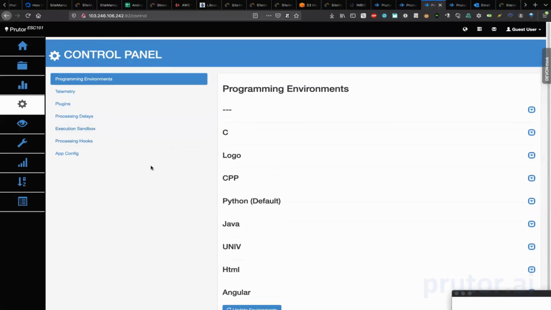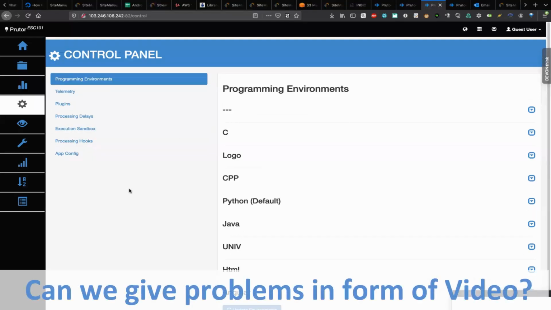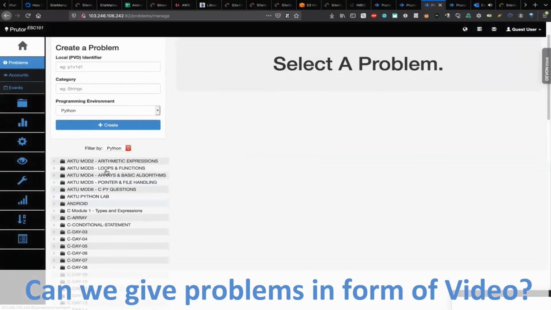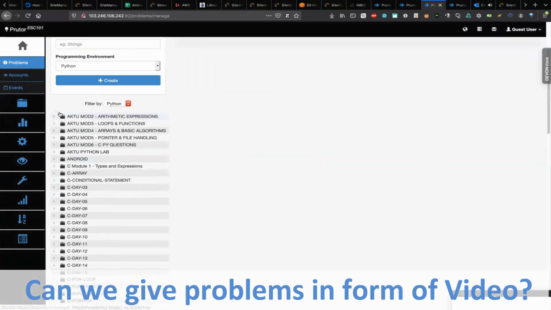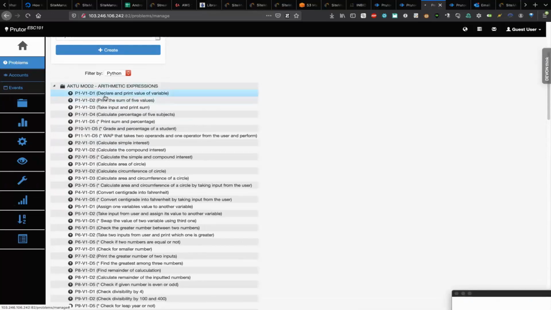Oh, sir, can I ask one more doubt? Sure. Sir, here a problem statement can be given in the form of only writing, right? Can we give in the form of video and all? Is that option there, or can we give only a statement? Sir, if you attach a video here, it will display. Okay, that option is there, no, sir? So if you attach a video, it will appear.